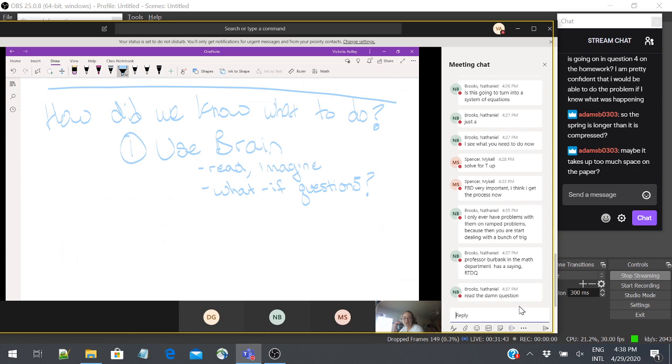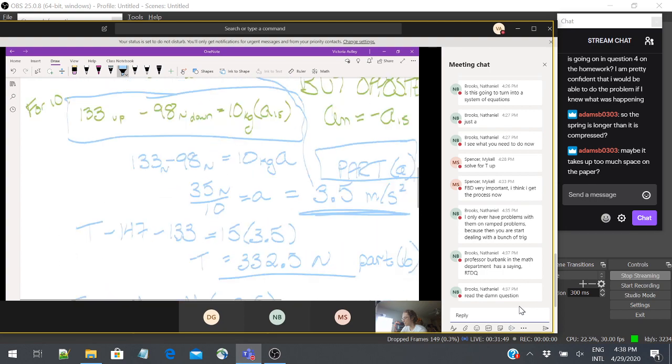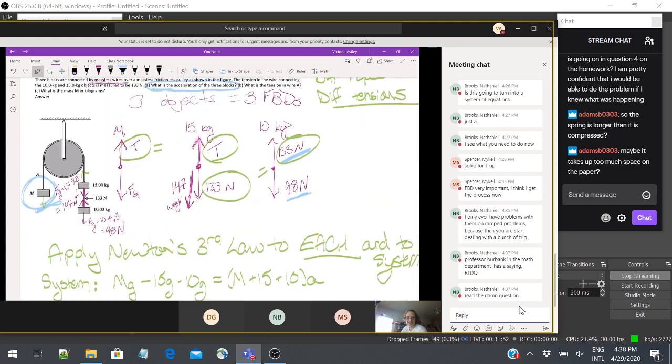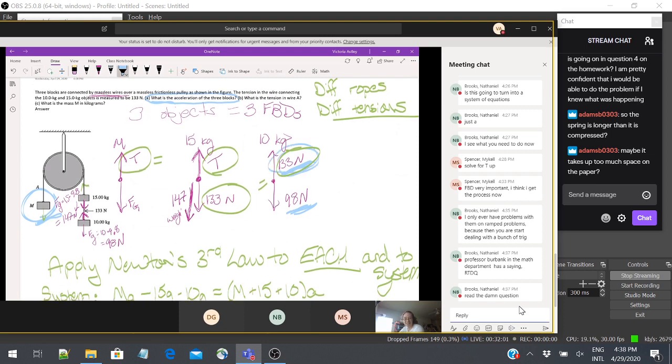So, all right. So what if questions? Like, what if there were no big mass M? What if the tension in this was 0? What if these two were balanced, the 133 and the 98? What would that mean? Why did they give us this information? Does it have something to do with the question, or is it a red herring? I don't like red herrings. I try to eliminate them, but it's a valuable thing to ask yourself, because it might be like, okay, I know this doesn't matter because everything falls at the same rate, so they gave me the mass to confuse me. But asking yourself, why did they tell me this?